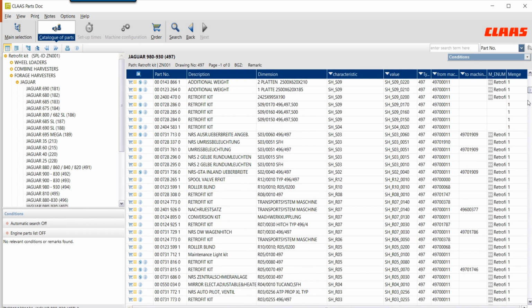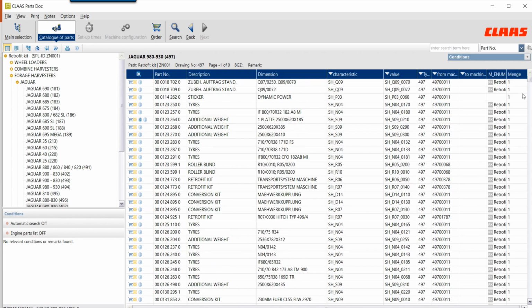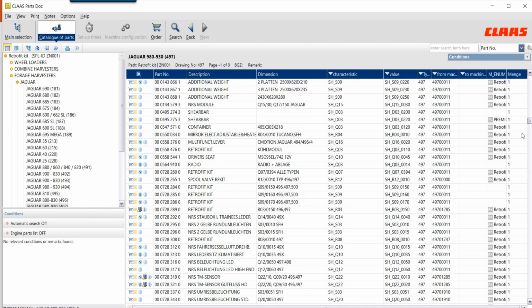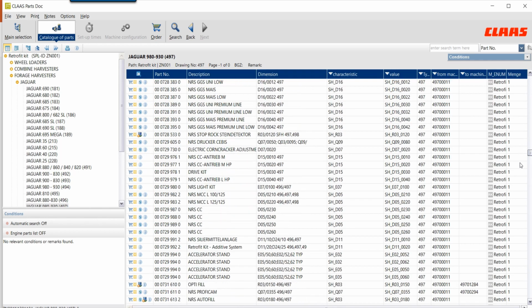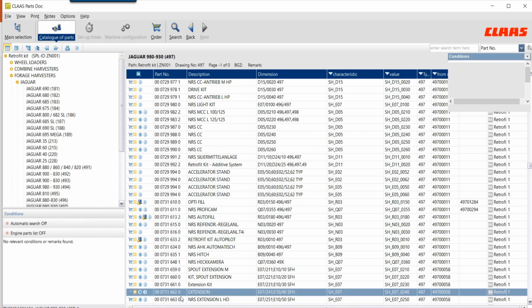So let's choose an option here. I'll sort this by part number. And we'll try to find an example that's pretty common. So we'll go with an extension kit. This is a pretty common add-on to a Jaguar. So I've selected this part number 7316620. The corresponding build code or whole good code is an